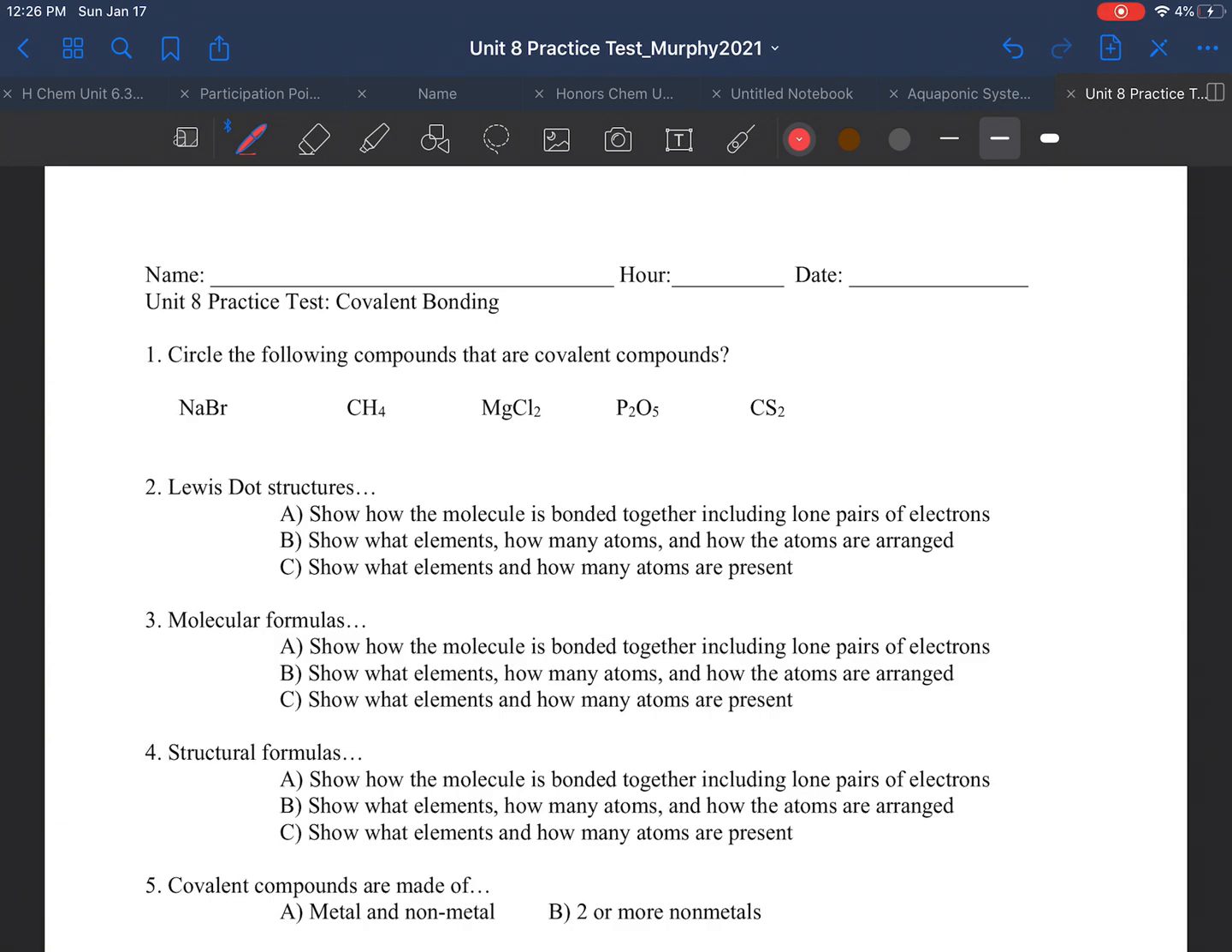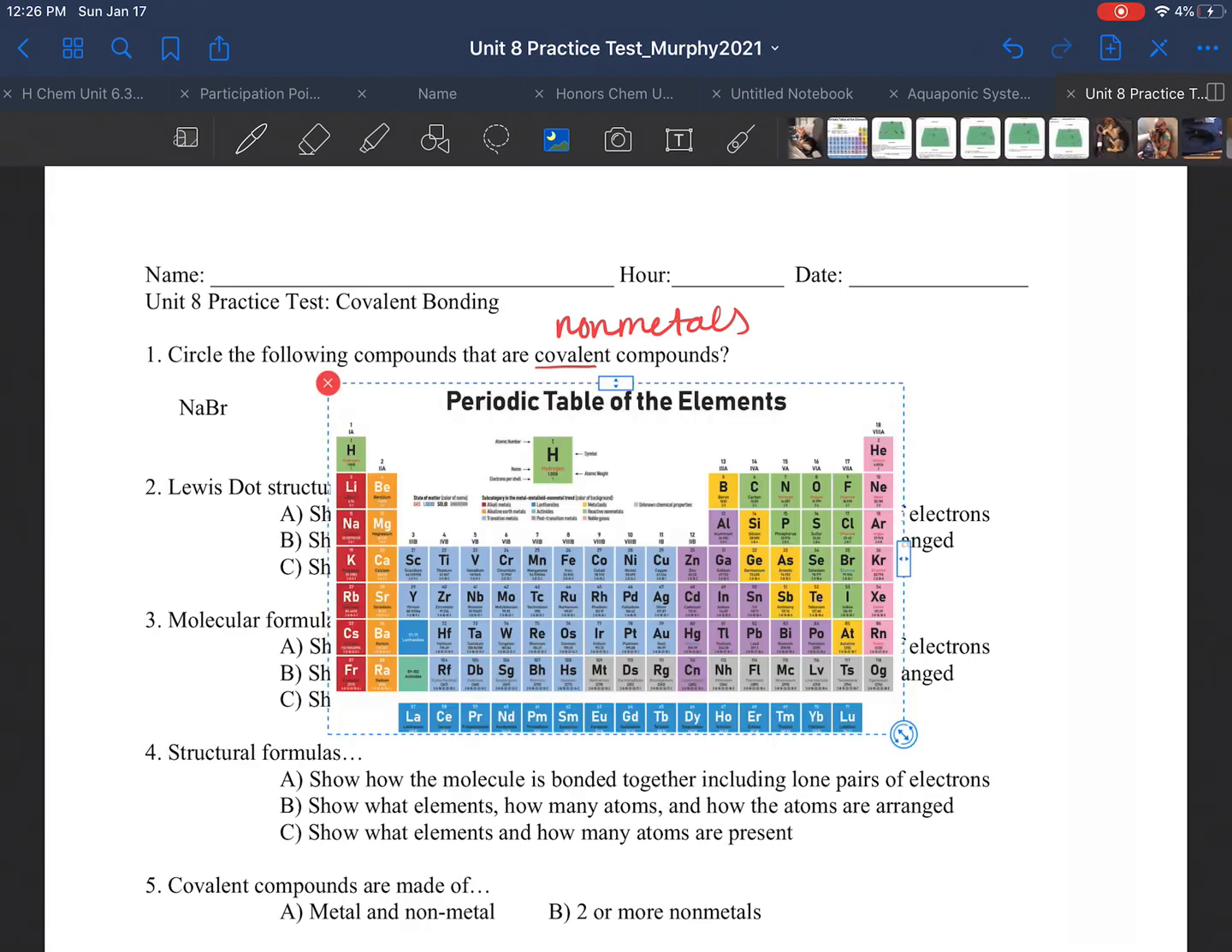The first question is asking to circle the following compounds that are covalent. One of the requirements to be covalent is you have to be nonmetals. So any of these that contain a metal cannot make a covalent compound. So sodium and bromine. Sodium is a metal. How I know this, recall that if we were to look at the periodic table, which I'll bring up here,